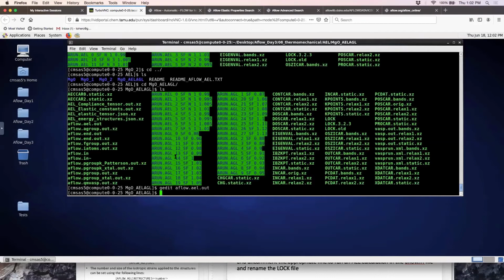Somebody was asking about getting the whole tensor as a function of different temperatures. This is not something we've implemented yet. What we can do right now is get the tensor as a function of pressure. In principle, it's something